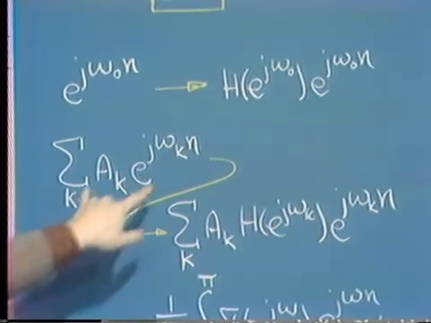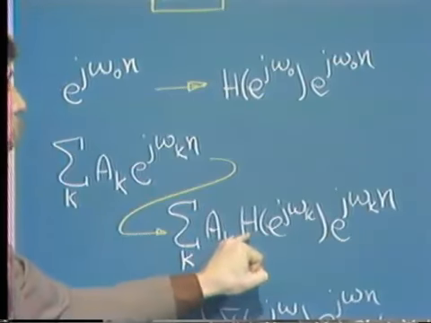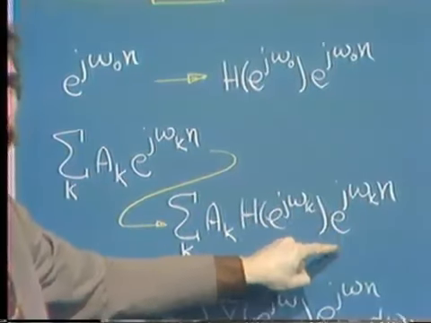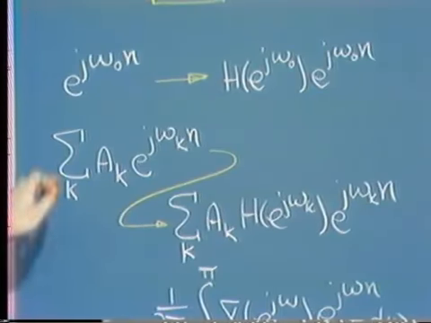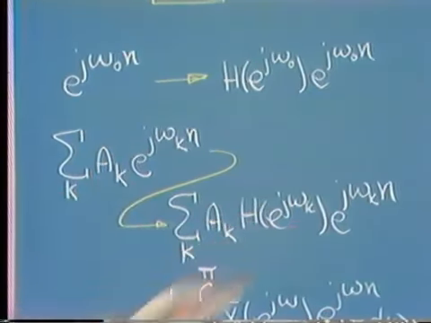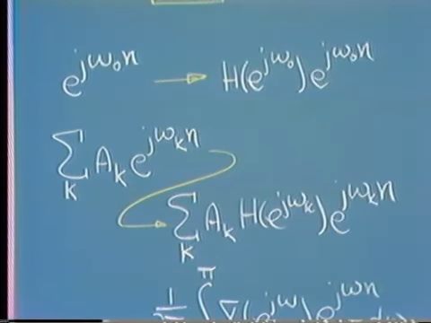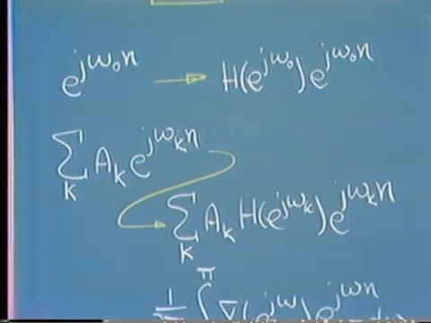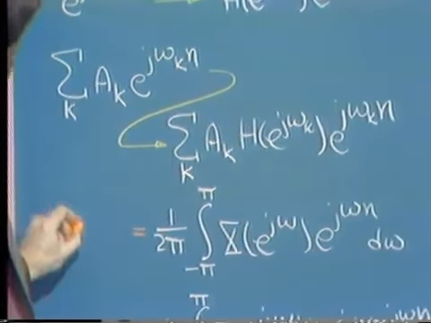In other words, each of these exponentials has as an output a sub k times h of e to the j omega sub k e to the j omega sub k n. A sum of those at the input gives us a sum at the output because the system is linear. All right, so let's take an input which is more or less arbitrary, an input x of n,